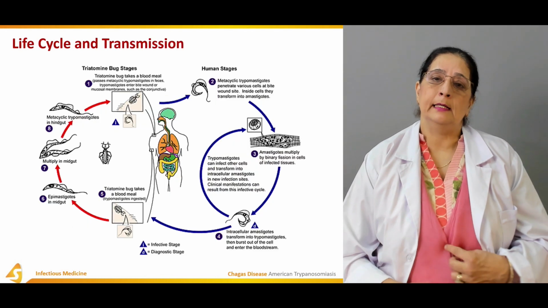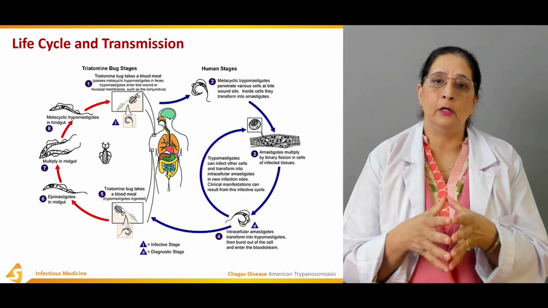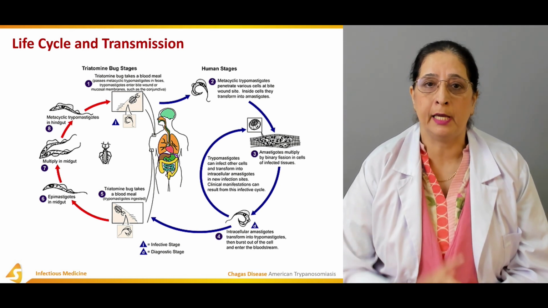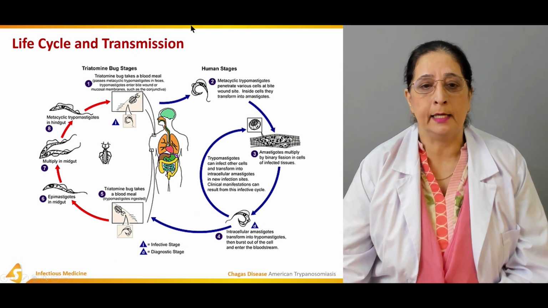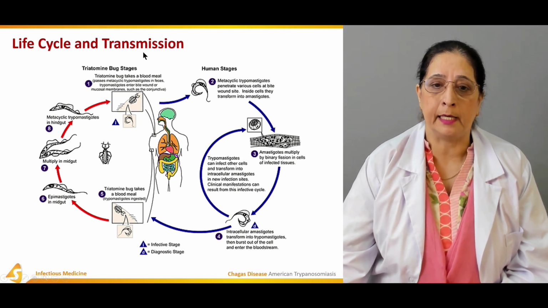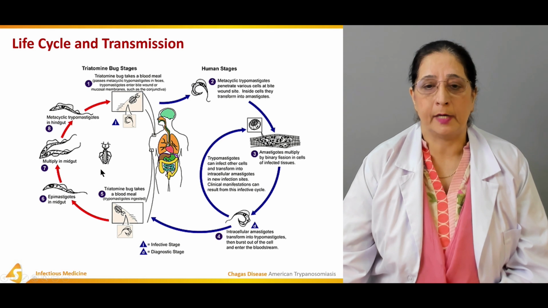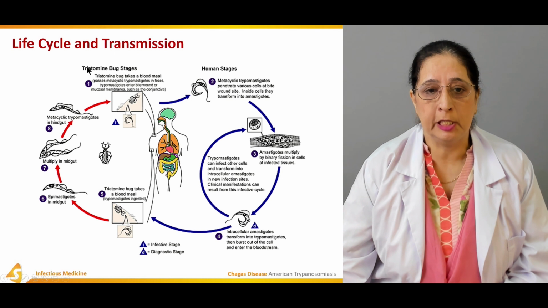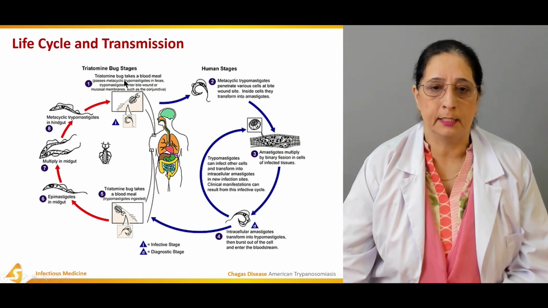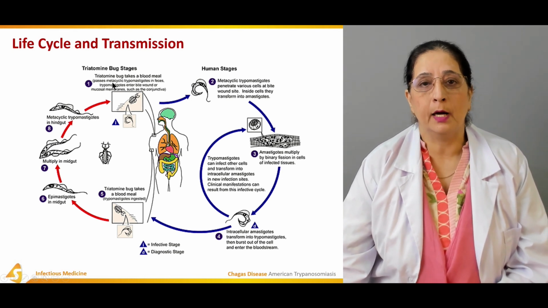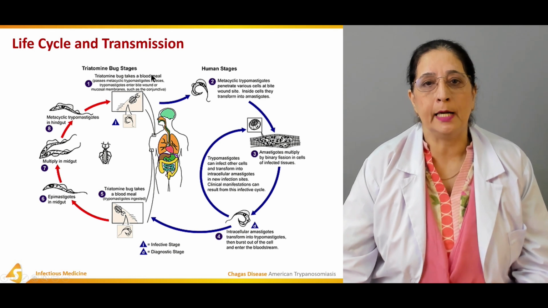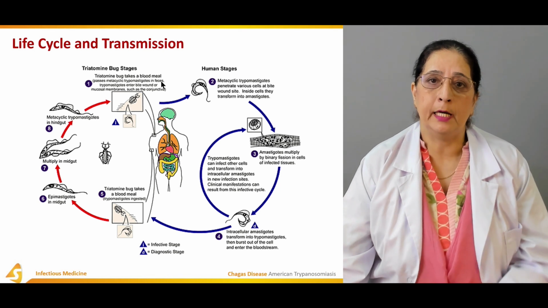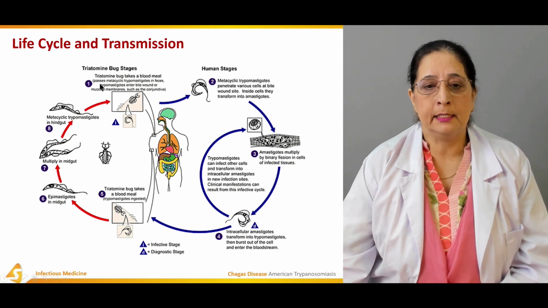Now the life cycle and transmission. Life cycle of Chagas disease or American trypanosomiasis: we have the human cycle, and then we have the bug cycle in this transmission. First of all, what happens is the triatomine bug stage. The triatomine bug takes a blood meal. They feed on humans, take the blood meal, and then in this phase,